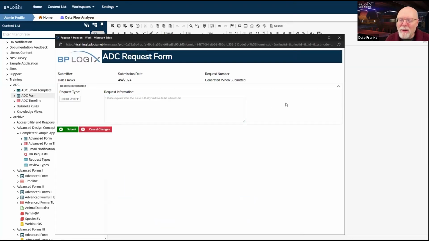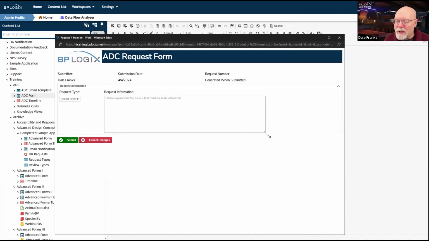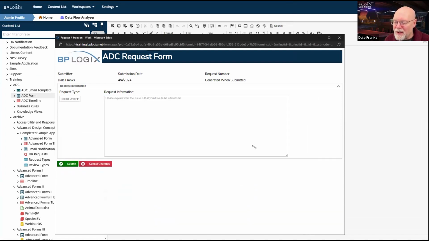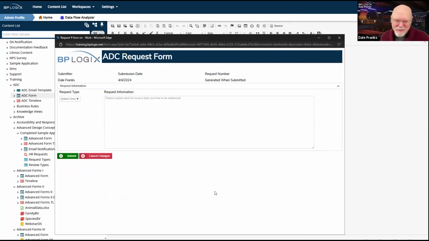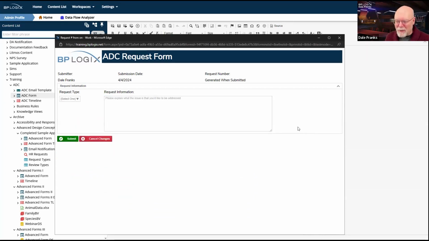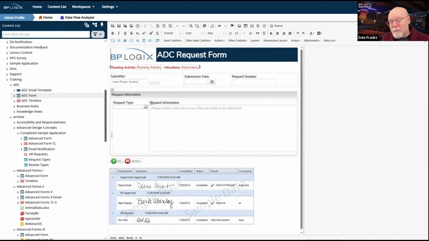There we go. Well, I've clicked into it, which ruins it. Please explain what the issue is you'd like to be addressed. So something that happens, let's check this out. I can also change the size of my text field on the form. That's just a cool UI thing. You should know that this is available to you for multi-line text boxes. I am seeing my empty text here. And when I click into it, the empty text disappears and allows me to fill out whatever value I need to fill out. But if we come back over here